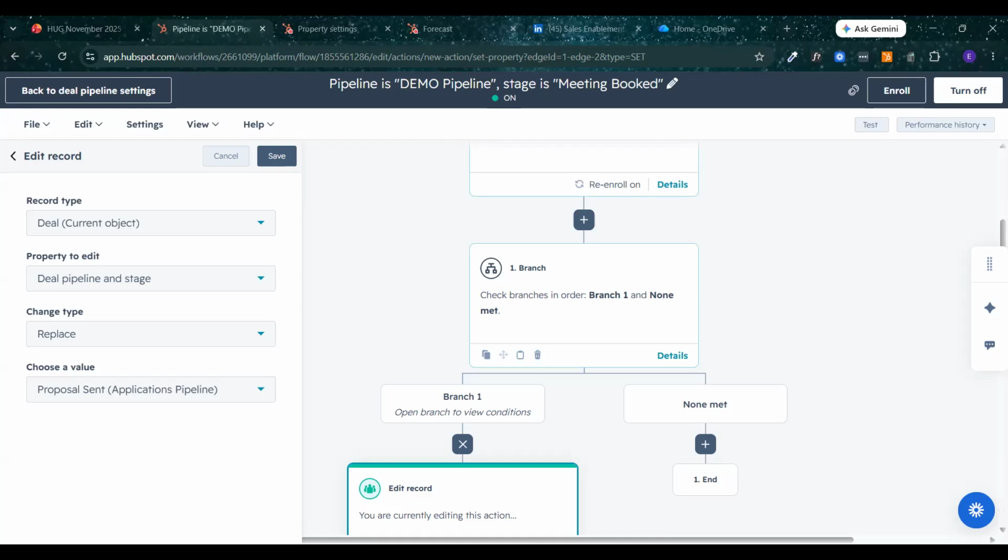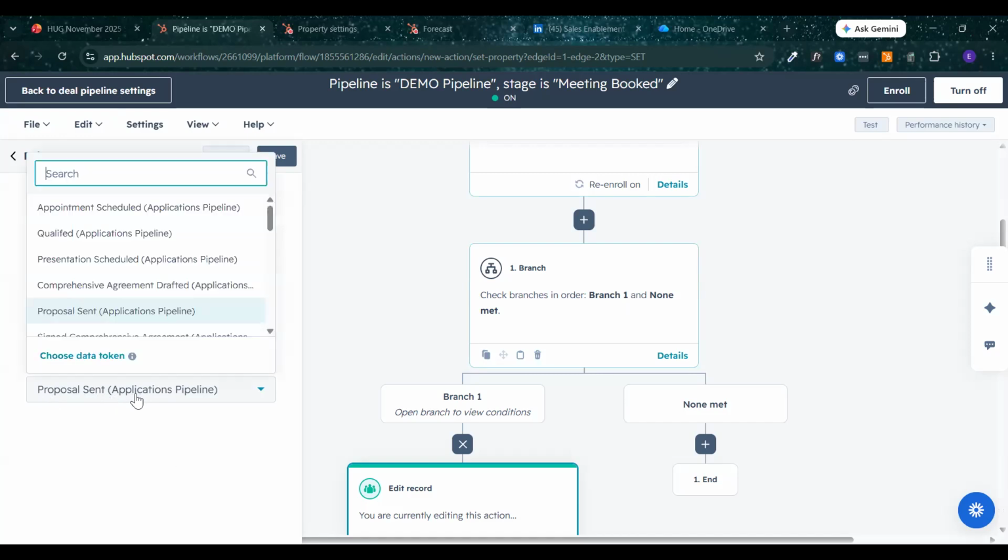If you do things like a renewal pipeline, and at the end of the actual pipeline the deal moves out of there and into a renewal pipeline, or the client changes their mind, we change a type and now it's got to move, this is how you would do that. You'd set up your branches that indicate when a deal should move to a different pipeline, and then you will go and change the stage and the pipeline from here. So that's how you'll do that.